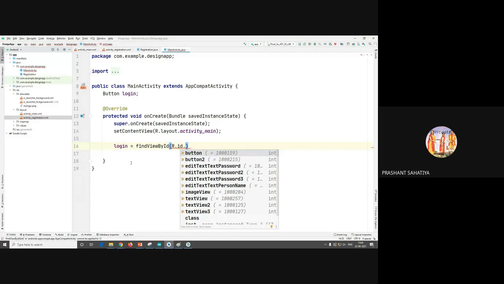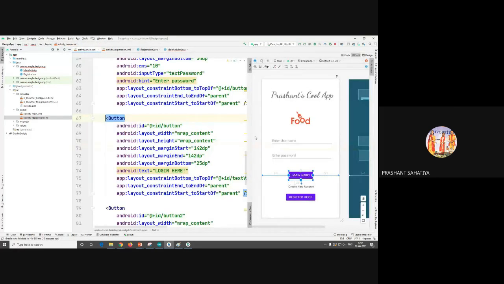Okay, so I'll go in the XML portion. I will click on here, it is already clicked there, and the ID of this is button, but I'll change it to login. Okay, if you change it here then it will change everywhere, because initially the ID was button, so it is doing that thing. So let us keep that only. Okay, because we had told the constraints that there is an ID, button, and they have to stay on top of it, but if we remove the ID named button, it will be of no use. So I will keep that as button only.